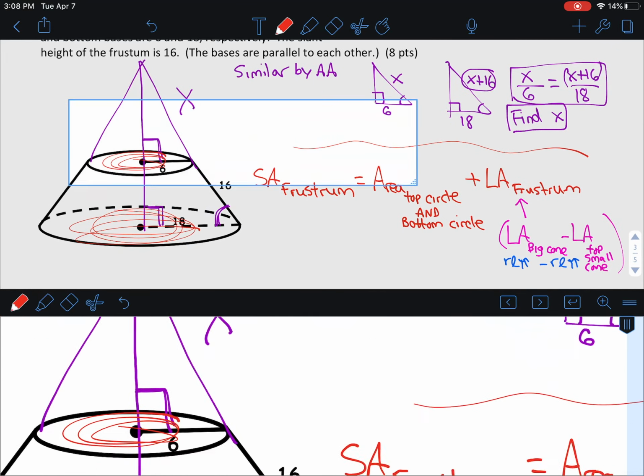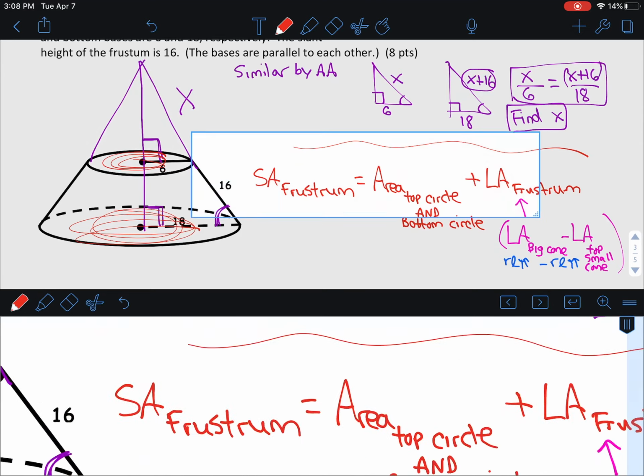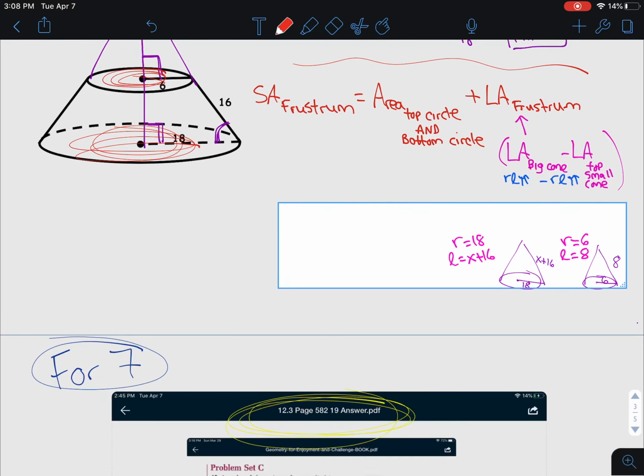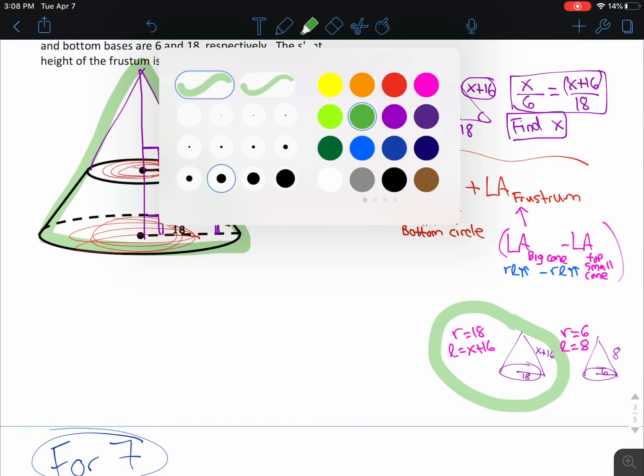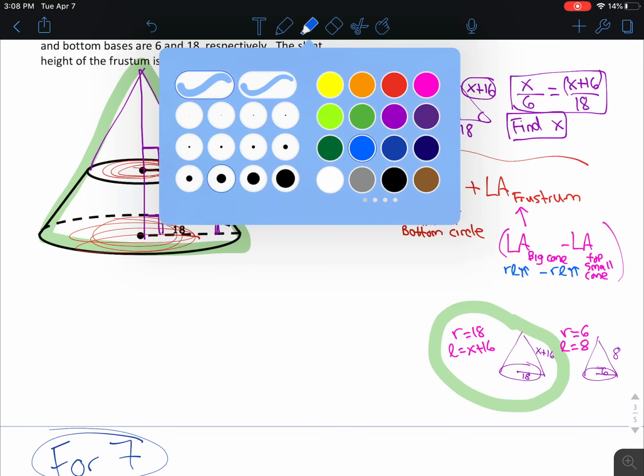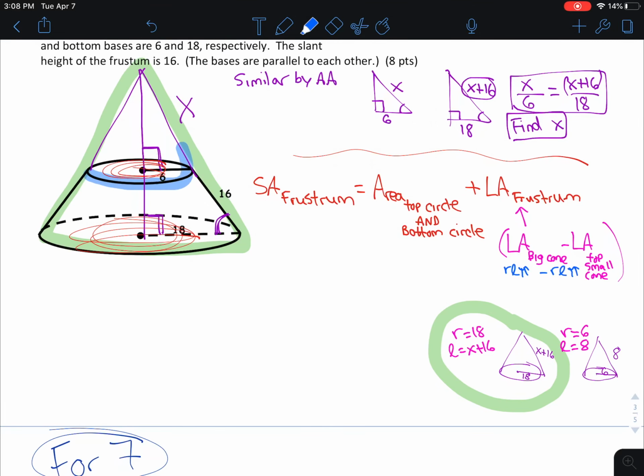Basically, you have two cones. You have a big cone. So the big cone is this guy right here. That's the big cone. Okay, there you go. I circled it right there for you. And then you have the top cone, which is the smaller cone. So I'll do it in blue. So you have this cone as well. What you need to do, and that's what this is, in order to find the lateral area